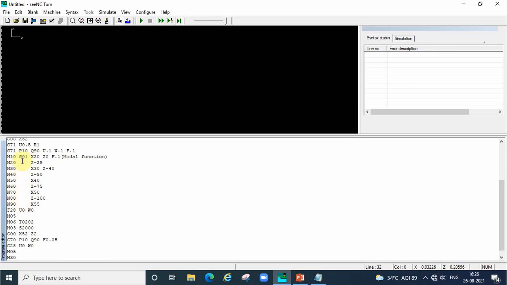If it is G01 up to N90, no need to write G01 every time. Simply we can write the change in X value or Z value only. No change in X, no need to write, Z only we can write. No change in Z, X value only we can write. Like that we can write the program up to the last. So this is called modal function, until we change the code.